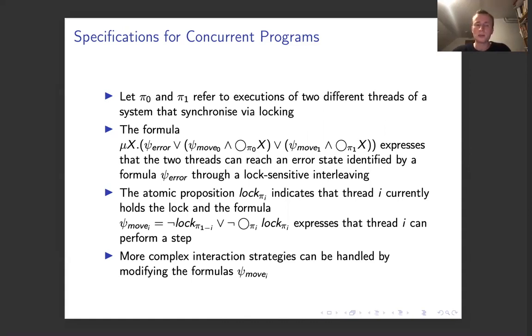Basically, since it's a reachability property, we use the smallest fixed point operator, and then we always check whether the error state has already been reached, or in the other case, we advance asynchronously one of the threads which can currently perform a step, and then we check again. And we believe that this type of property shows that h-mu can be used to express properties about concurrent systems very elegantly, because we can just take the natural description that you see in the sentence there and translate it very straightforwardly into an h-mu formula.